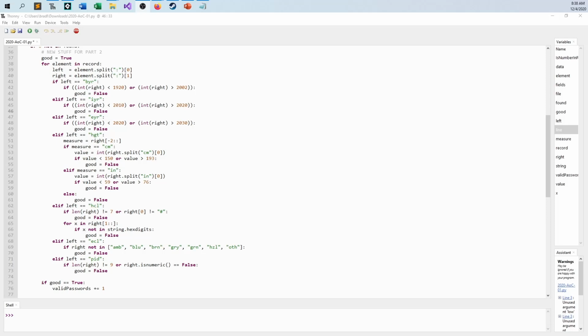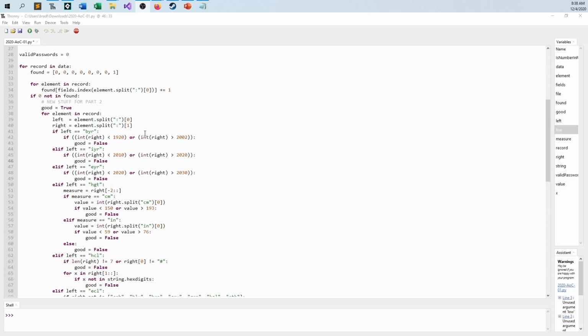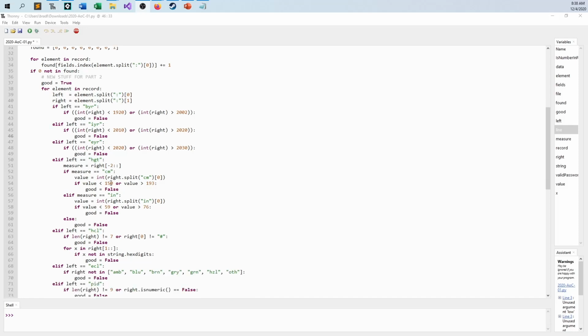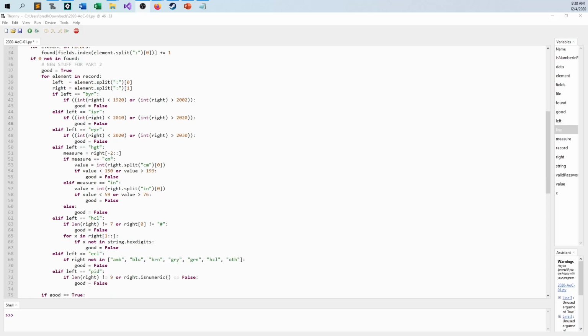Please, please, please. So this is the new stuff for part 2. Basically, this whole blob up to here is adding to valid passwords. I left everything alone from the first part because in the first part I have to have 7 of the 8 things anyway. So why not just leave that code in and then go, now what's part 2? I have to go through and figure out if every element, the values, not just the keys now,